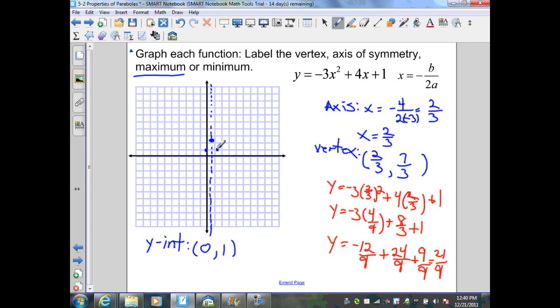And now I need to find an x value. That is my choice. I'm going to choose a negative 1 and then substitute into my original equation. A negative 1 squared is 1 times a negative 3 is a negative 3 plus 4 times a negative 1 is a negative 4 gives me a negative 7 plus 1 is a negative 6. And when I graph that, a negative 1, negative 6,